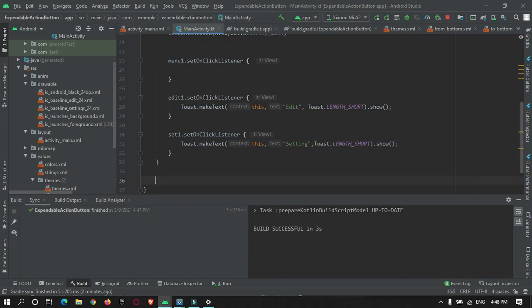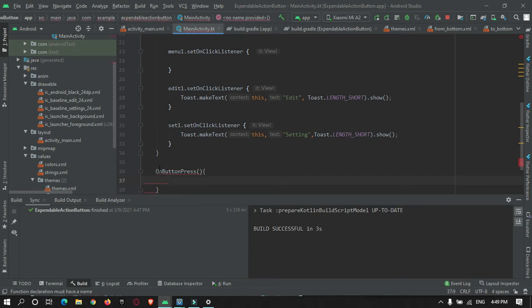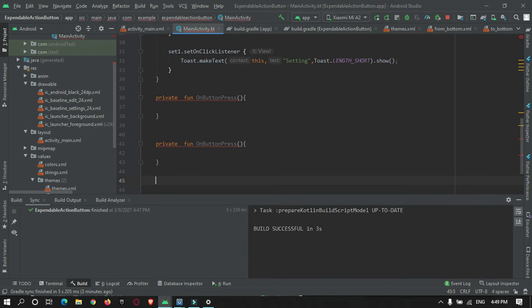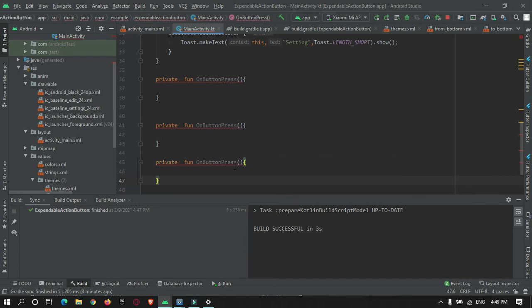One I can name onButtonPressed. Then I will create two more functions: one for animation and one for setting the button visible.